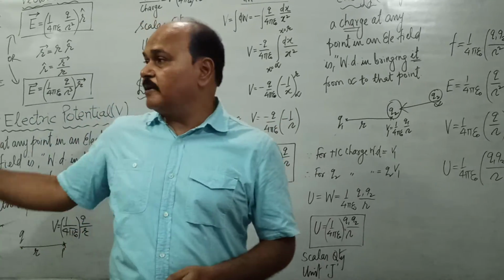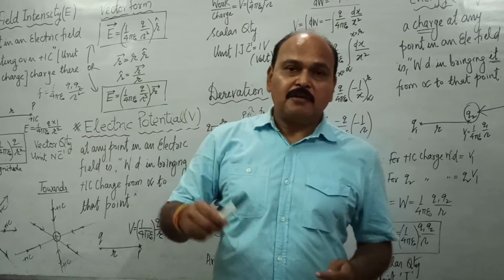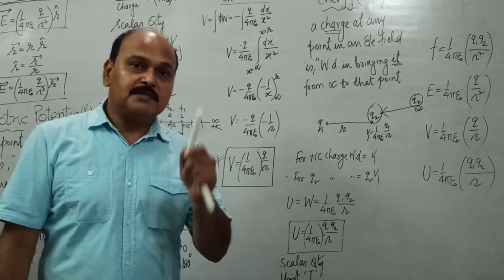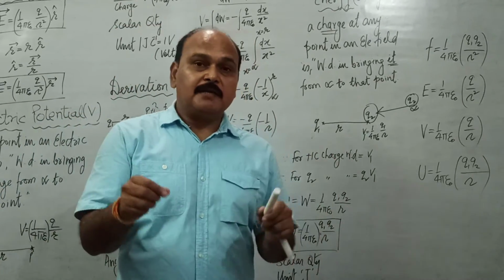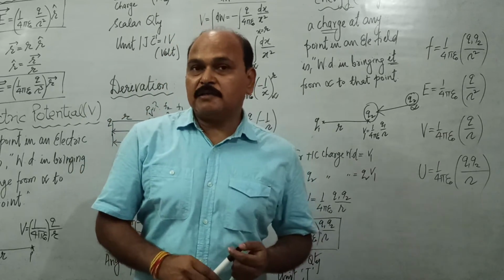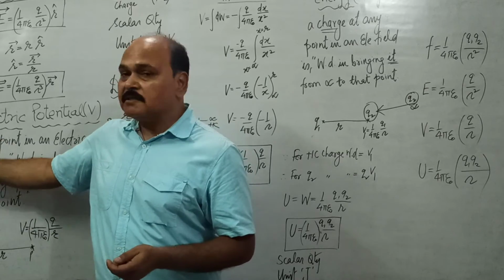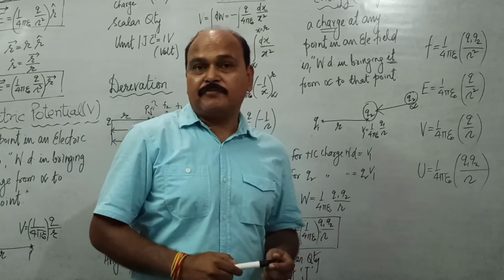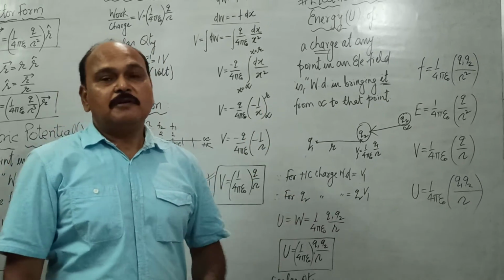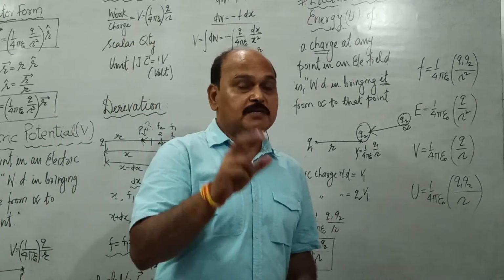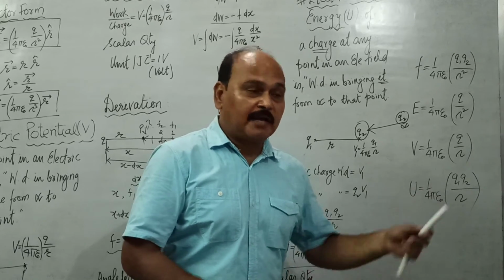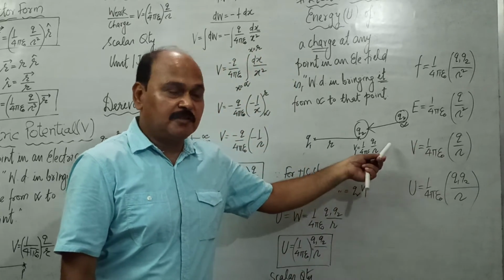So children, so far we have studied 4 very important definitions, and all these definitions are universal, whether it is definition of electric field intensity, electric potential or electric potential energy. All these definitions are universal, but all these definitions are applied in the field of a point charge. So we have got the formula of electric field intensity due to point charge. We have found out the formula of electric potential due to point charge at a distance r from it, and we have found out the electric potential energy of 2 point charges Q1 and Q2 at a distance r from each other. And if you write down all the formulas, you will see the difference between them.